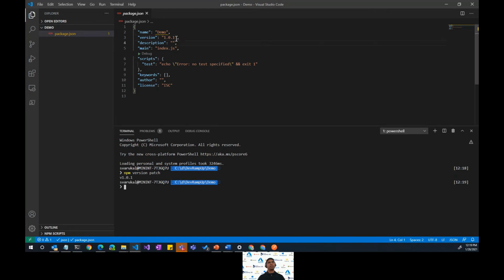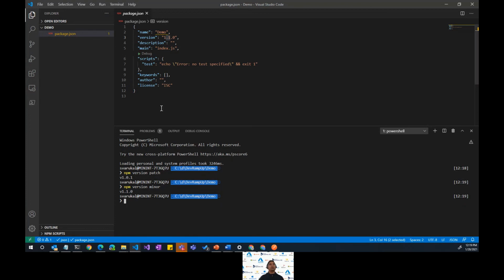As you can see, it incremented the patch number in the file. If I want to increment my minor number, you pass in minor, and that's going to increment the minor number. So you can use these commands in your build process to automate the version numbers. And you can also bump up the major number in the same fashion.